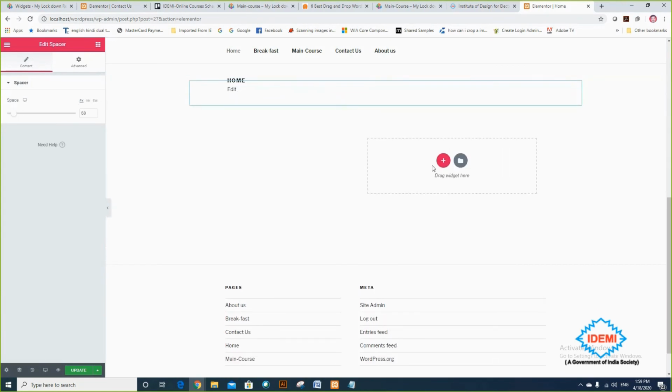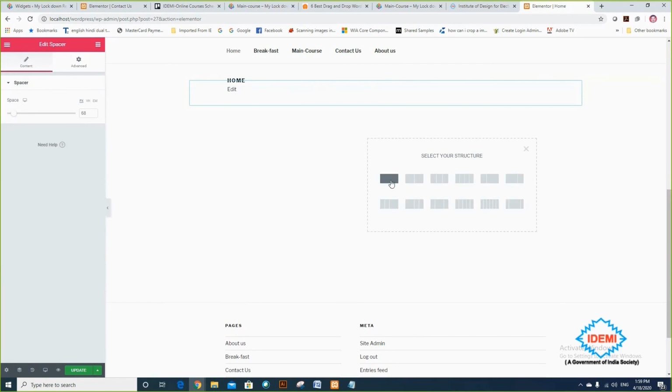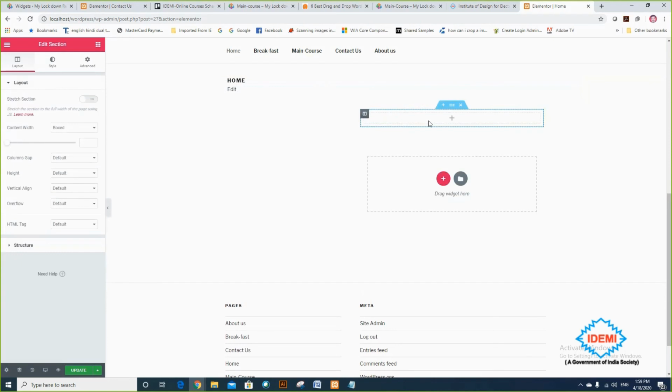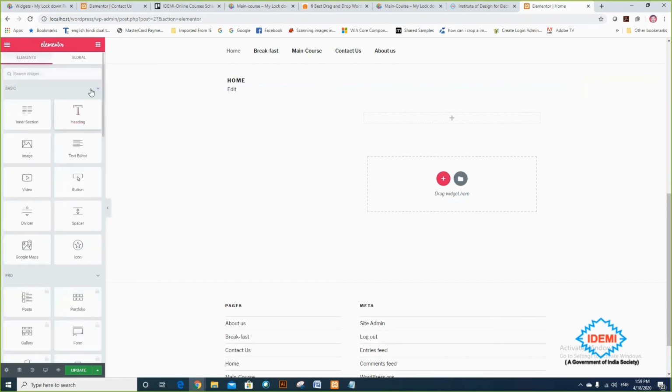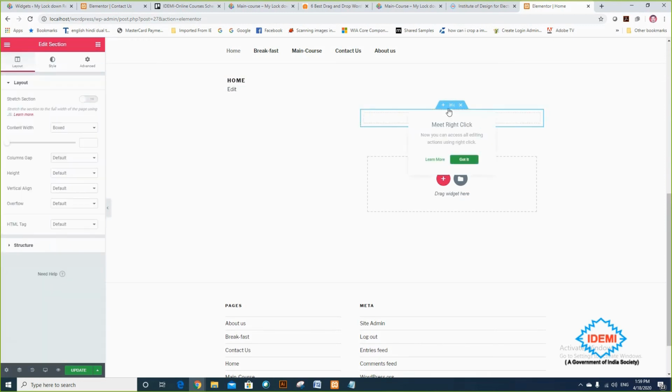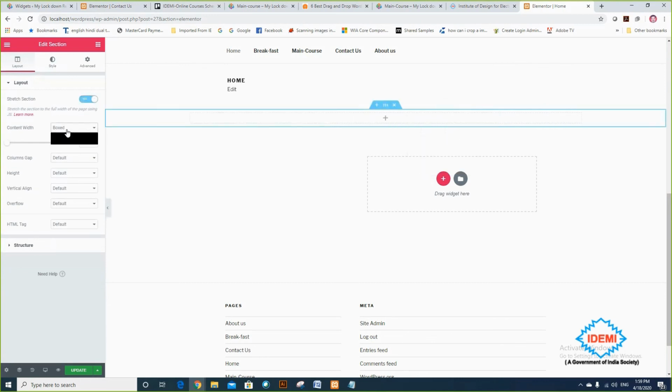And I'm creating another column, taking a single column again. Selecting it, it will give me properties. I'm clicking on stretch, yes, and I want full width.